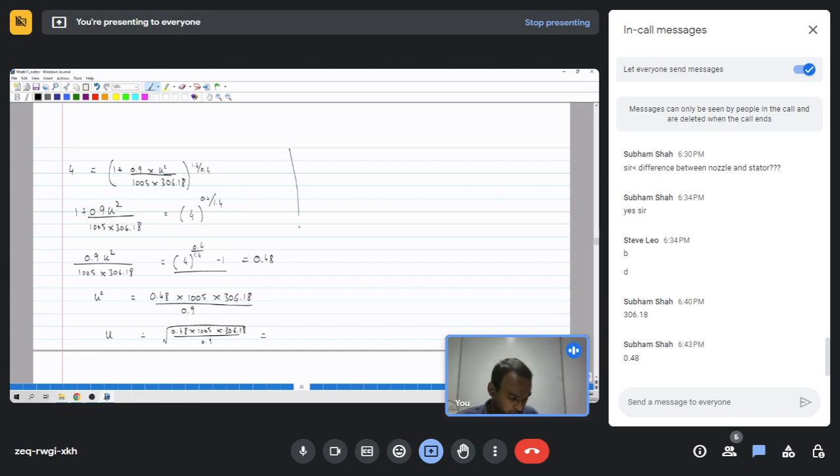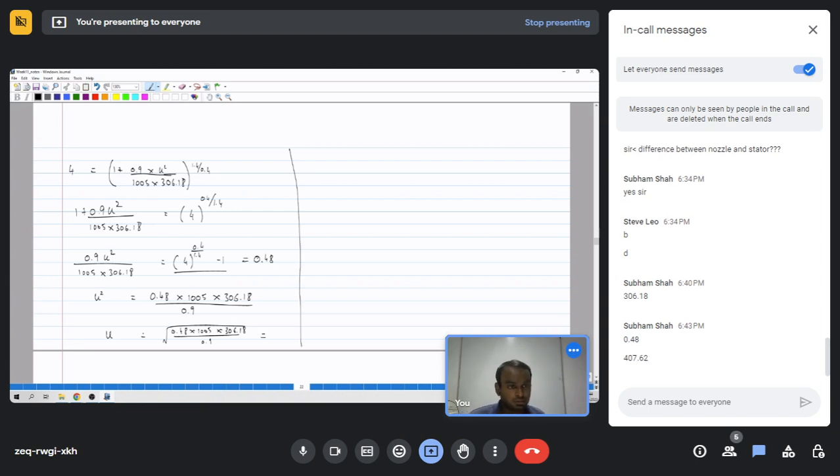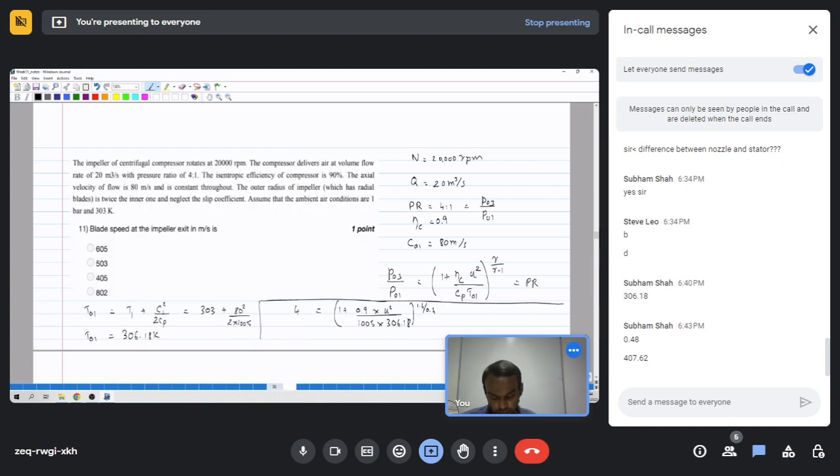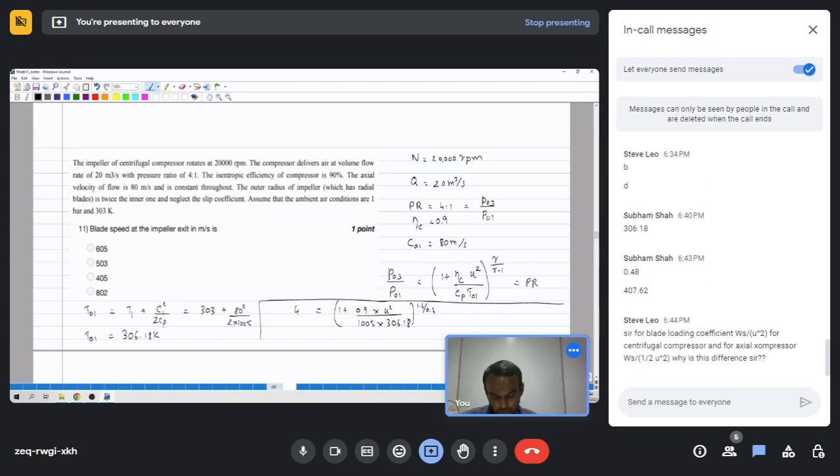Can you compute the value of u? 407.62 meter per second. So now, blade speed of the impeller is 405. So this is the closest one. So for blade load,